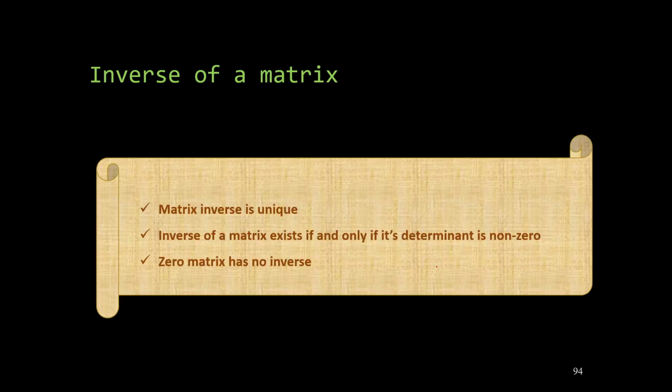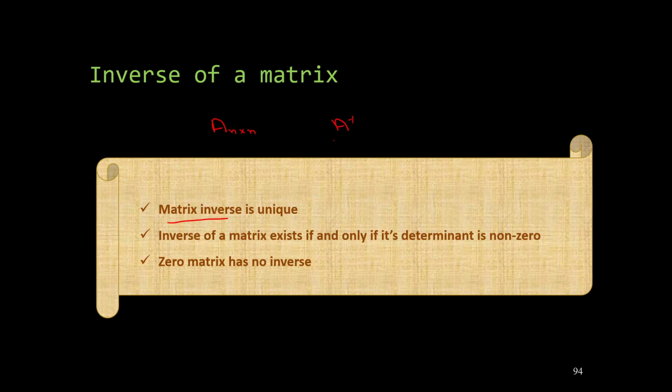There are some points to note when we talk about the inverse of a matrix. First thing is, the inverse of a matrix is always unique. For any matrix A, if you compute A inverse by using any method, we will talk about some methods in the next slide, it is always going to be unique. No matter what method or software you are using, the inverse, if it exists, is going to be unique. It is not always possible that all matrices have an inverse. Some of the matrices are non-invertible. We will talk about that also. But if the matrix is invertible, its inverse is going to be unique, right?